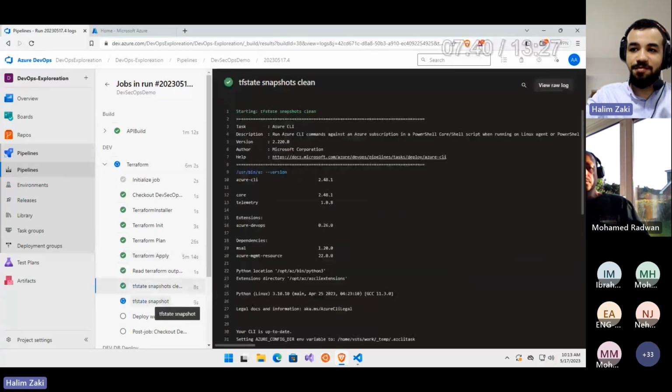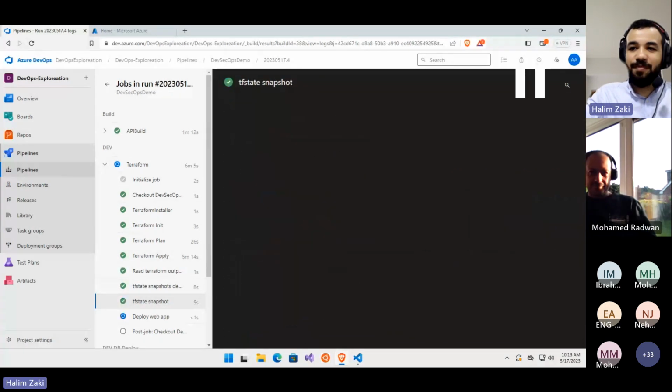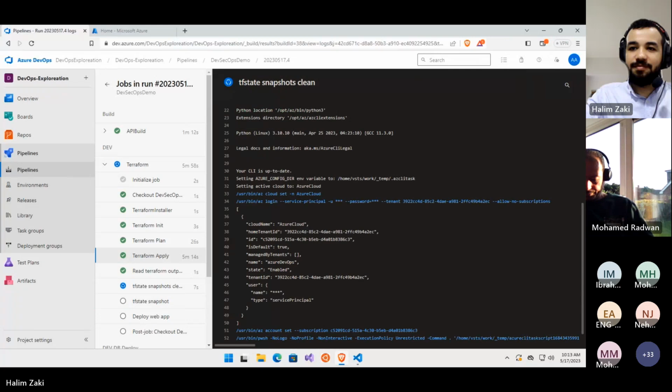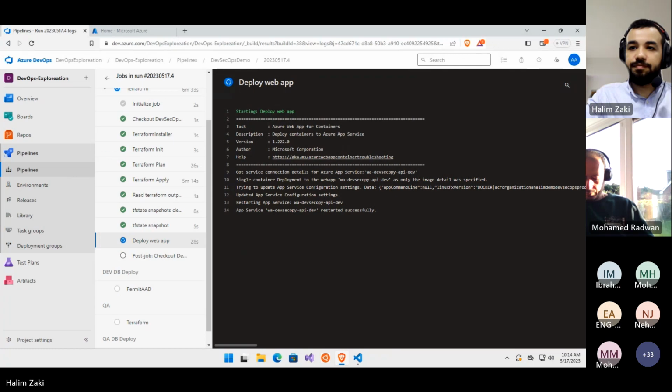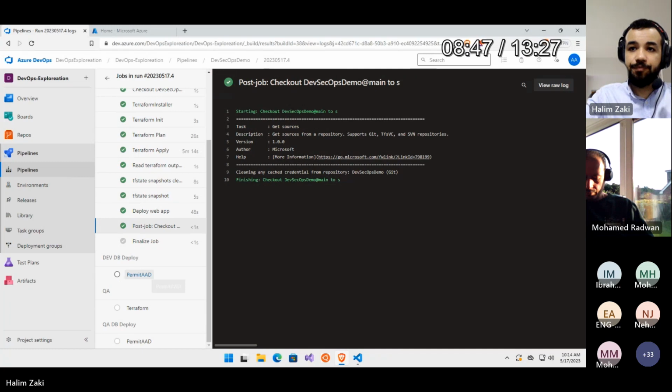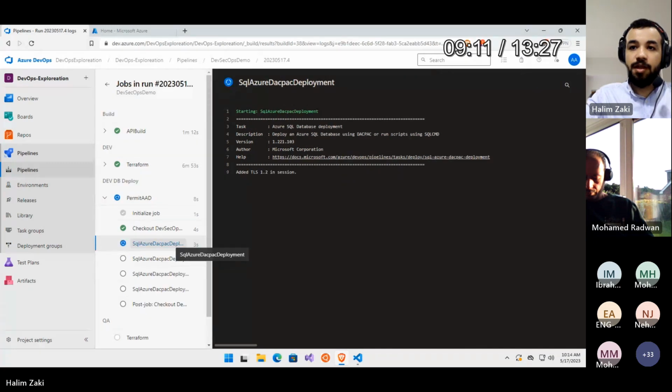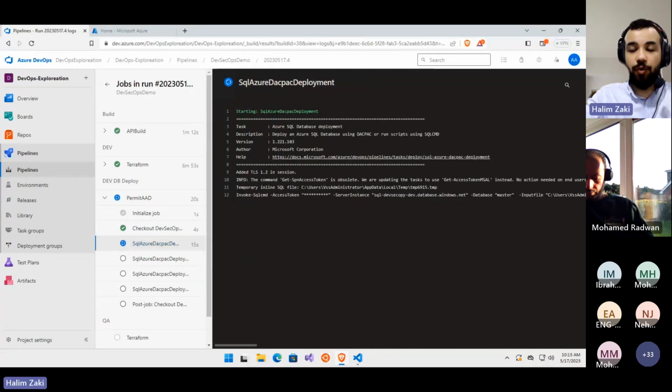Yeah, Terraform takes some time. Now it's deploying the web app. Now it's running the SQL queries